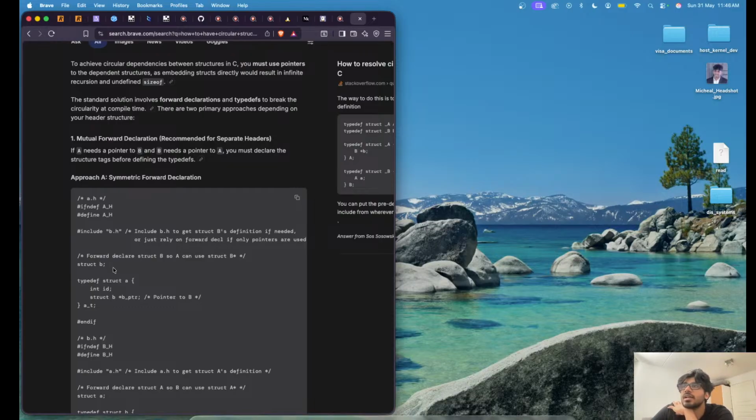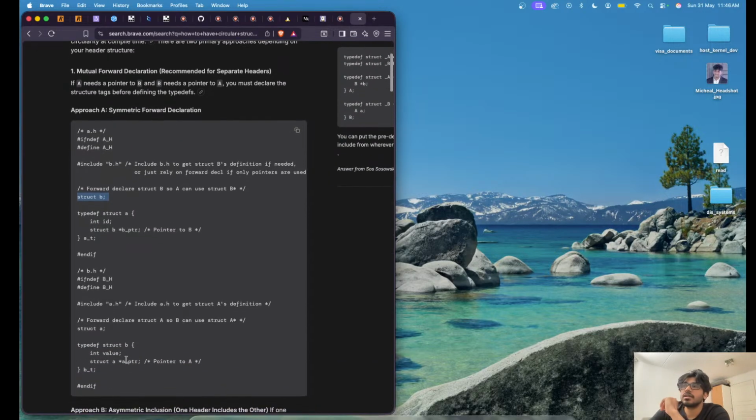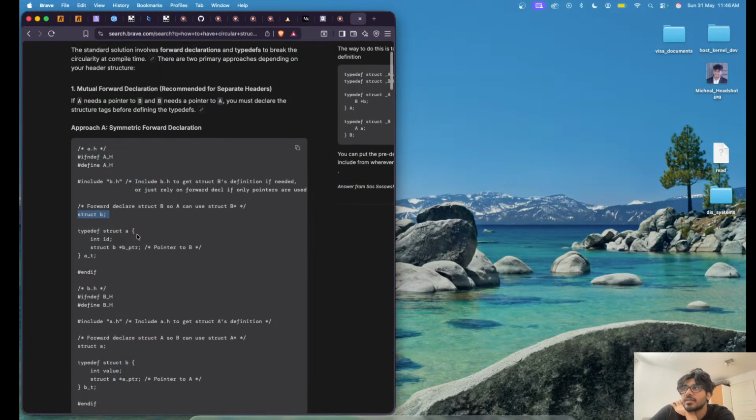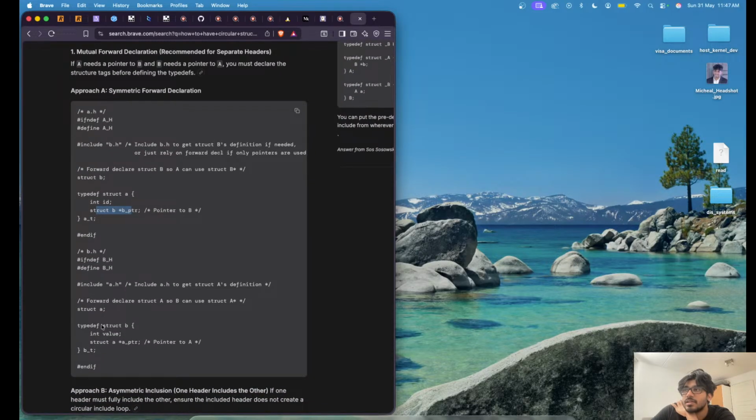But if I declare this, then again I won't be able to declare the second B, right? So initially I just declare B as something, and inside the structure A I use that pointer, and inside structure B